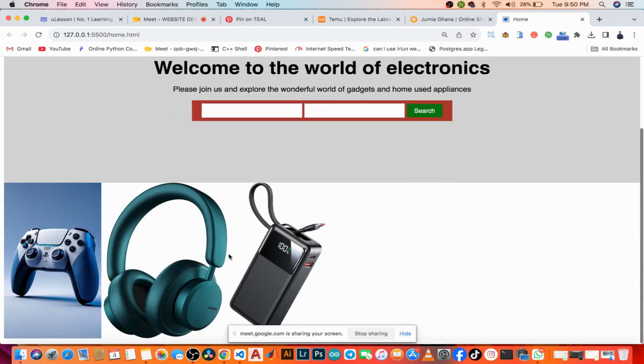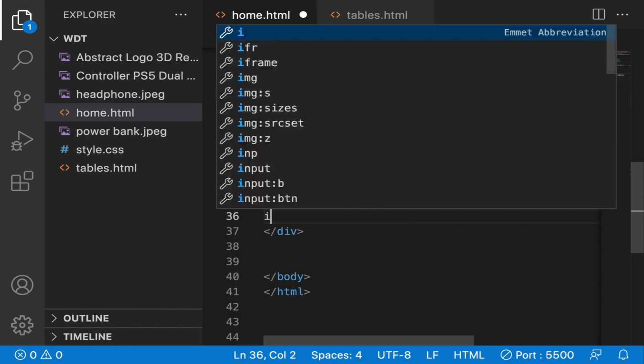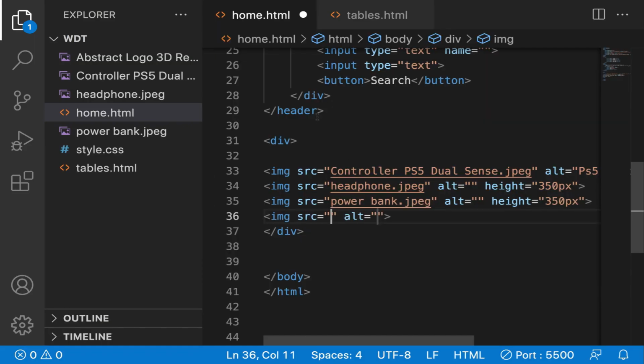So you can see that images were added, but then they look jumbled. They're not nice. How about the image again? Now add the